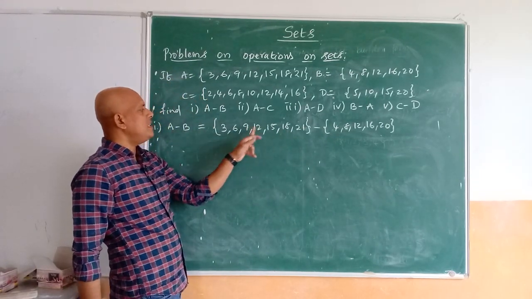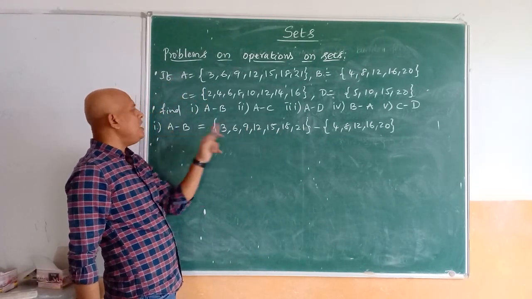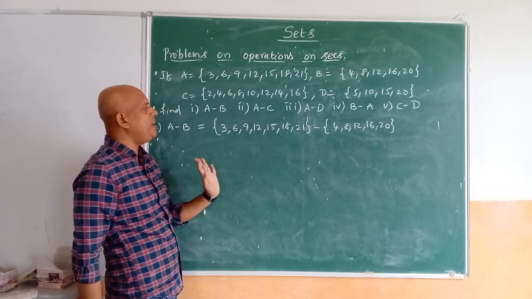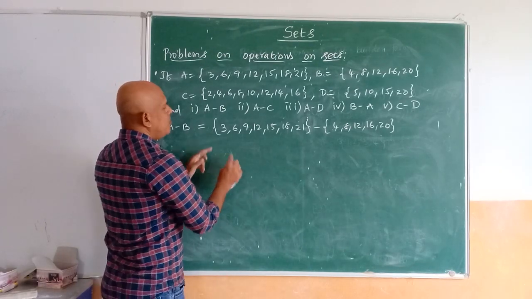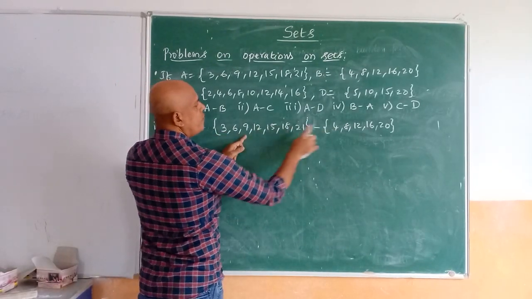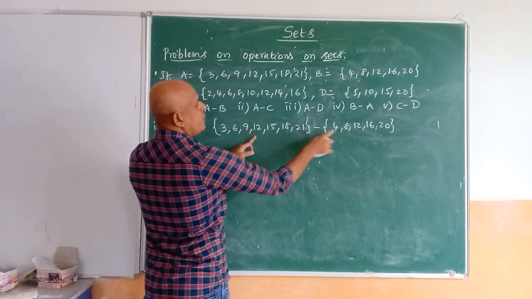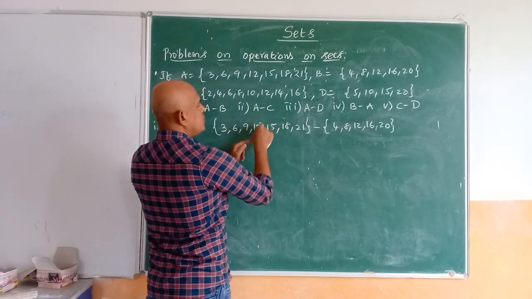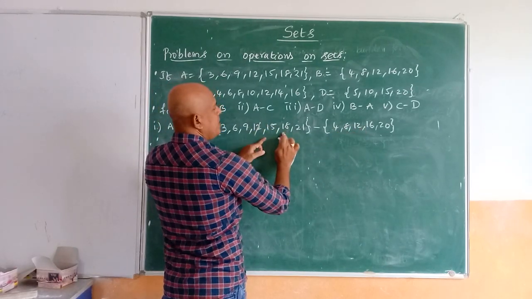We cancel them in the first set, that is A, and the elements left over in the first set should be written. So let us see here: 3, is it common? It is not here. 4, there is no 4 in A. Next here 12. 4 is not there, 8, no 8 element, and next 12 element, and next 16 element is not there here, 20 element.